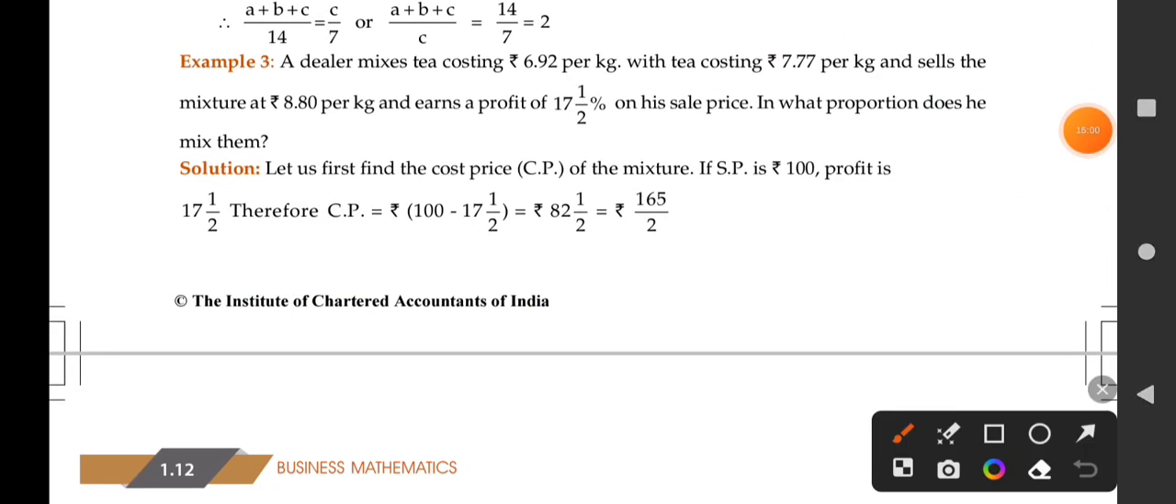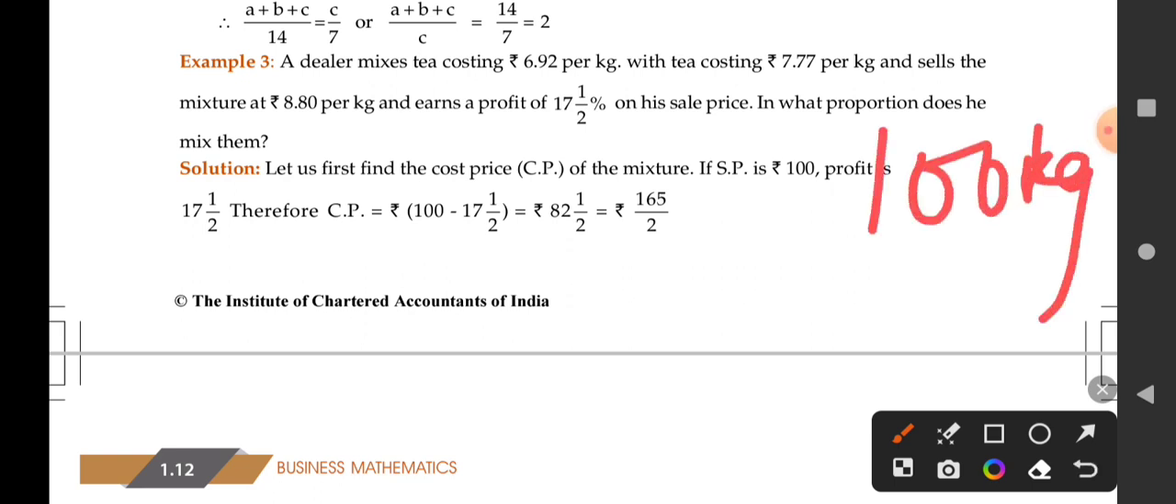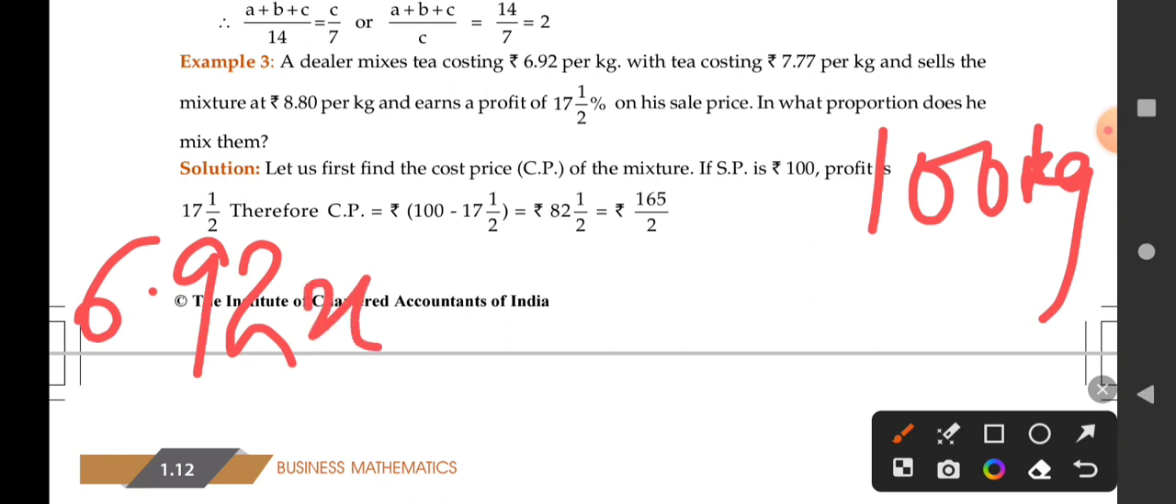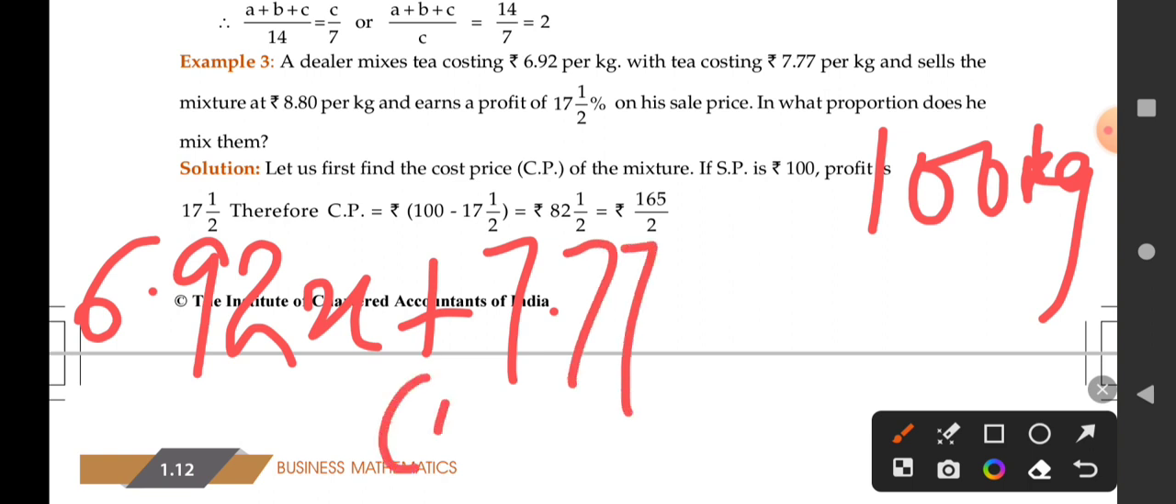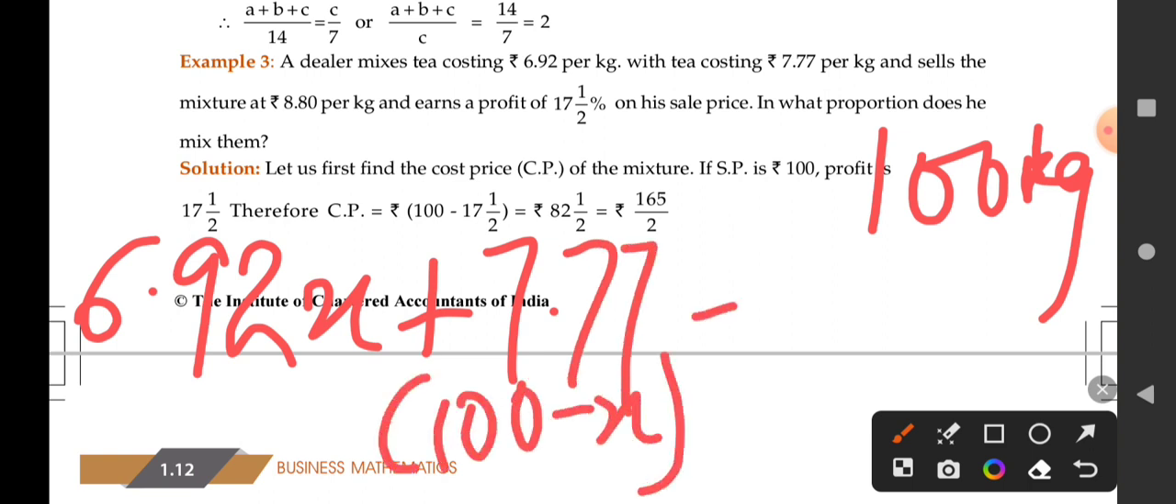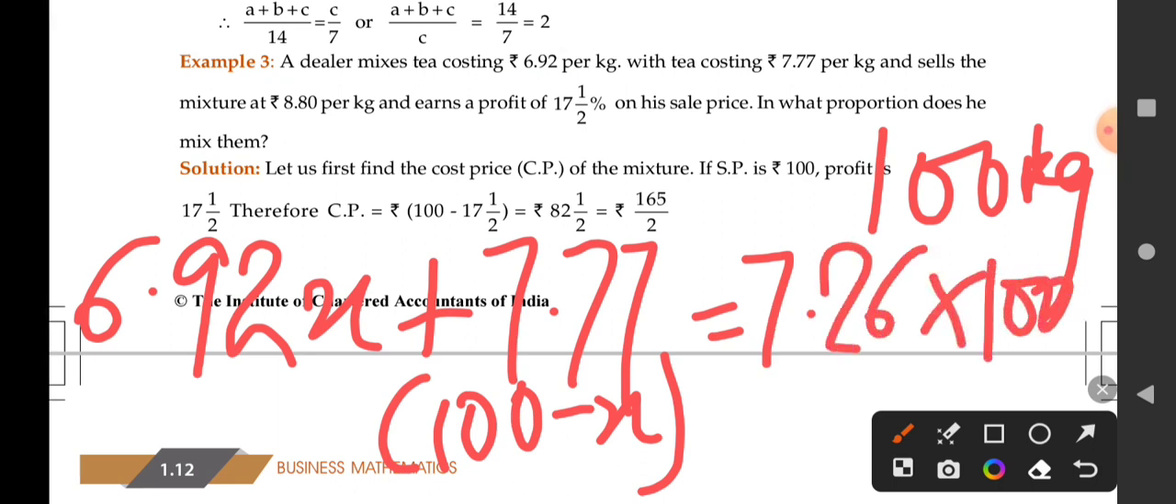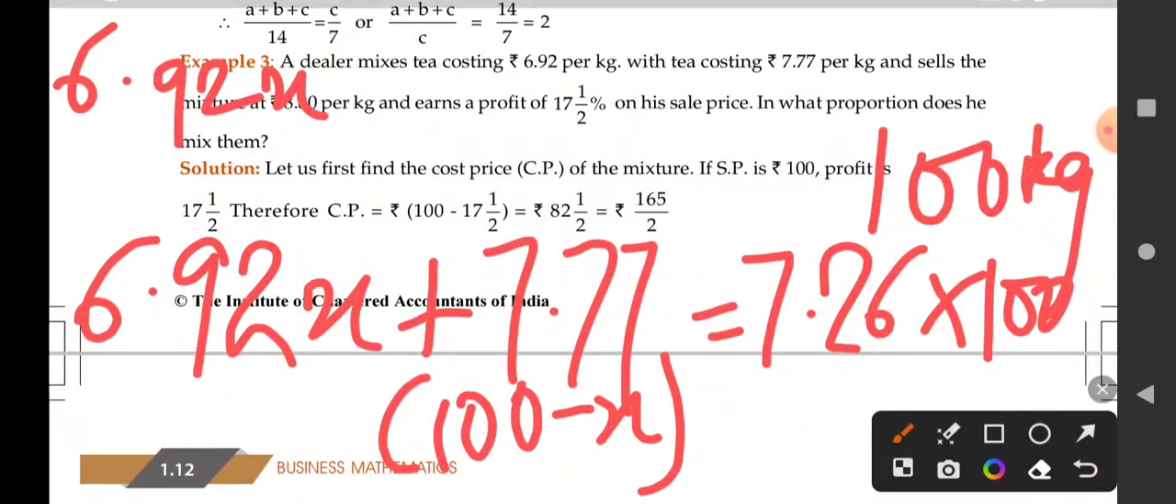So how will you find the ratio of the mixture? For example, the dealer is selling 100 kgs. So suppose 6.92 rupee type tea, he is selling x kgs, and 7.77 he is selling 100 minus x kgs, which is equals to the cost price 7.26 into 100. So solve the equation. It will come as 6.92x plus 777